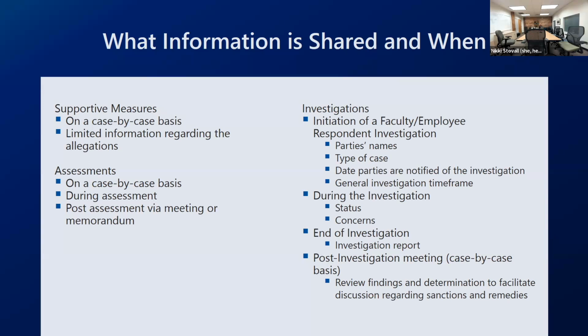During that initial intake meeting, we may also discuss what we call supportive measures. Supportive measures are interventions that we can put in place, such as no contact orders, potentially academic accommodations or employment modifications, things that ensure we're fostering a stable environment in which we can resolve the situation. Supportive measures are available on a case-by-case basis and are typically determined by OIE and at times in consultation with the department. After that initial intake meeting, the AVP and the intake manager will meet.